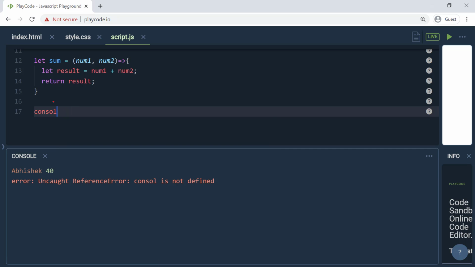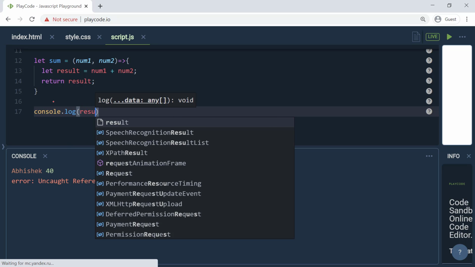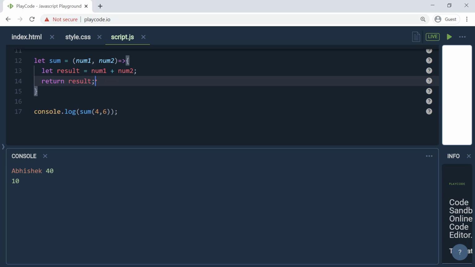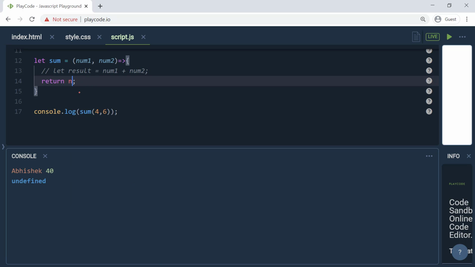So if I am doing that and I'm just consoling this result, which is the sum of 4 and 6, I am getting here 10, right? But because I have this extra statement, along with the return statement, I need to give this in curly braces. But what if I have only the return statement? If I do not have this statement and I am just returning num1 plus num2 here,